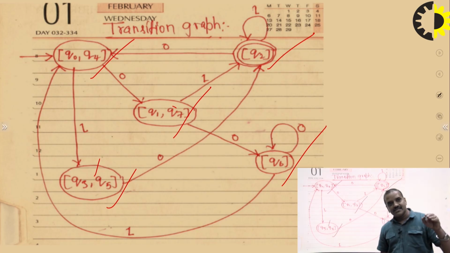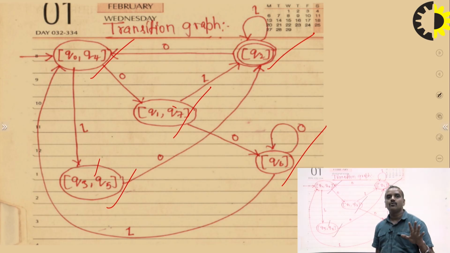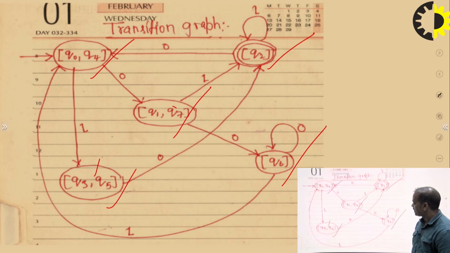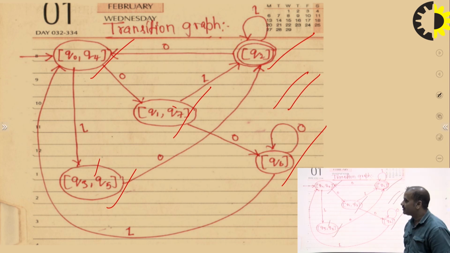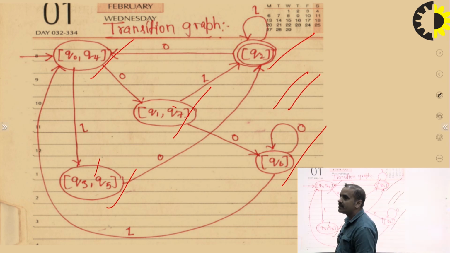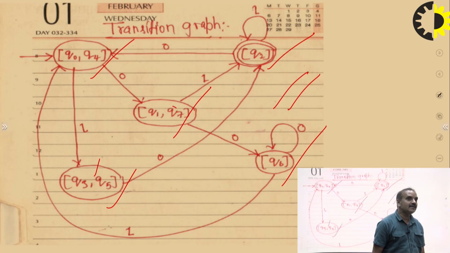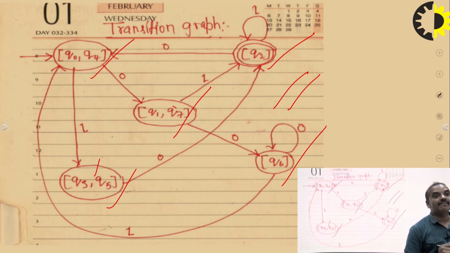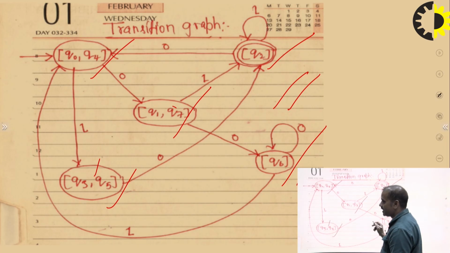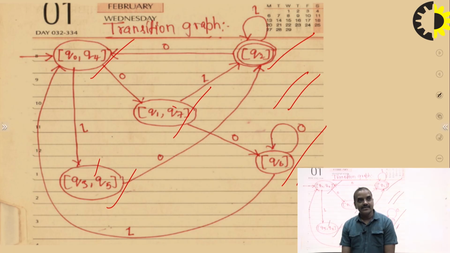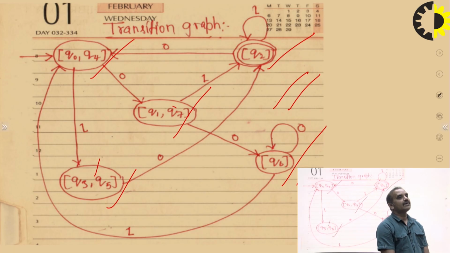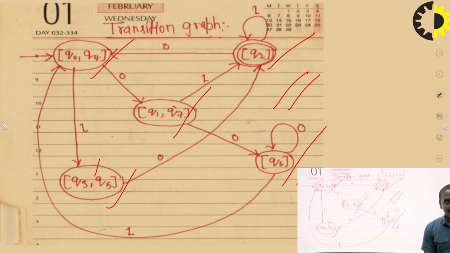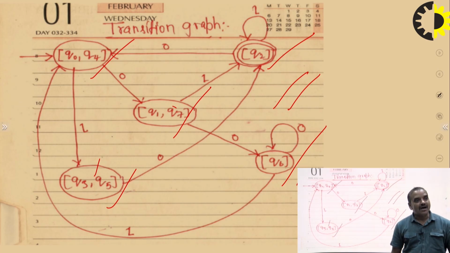From the present state, we move to the next state, so we have to mark the direction of the edge accordingly. And this is the final diagram of the DFA. That should be the answer. This is the main answer of the given diagram, and this is represented in the form of a transition graph. You must keep in mind, the answer must be in the form of a diagram in case of